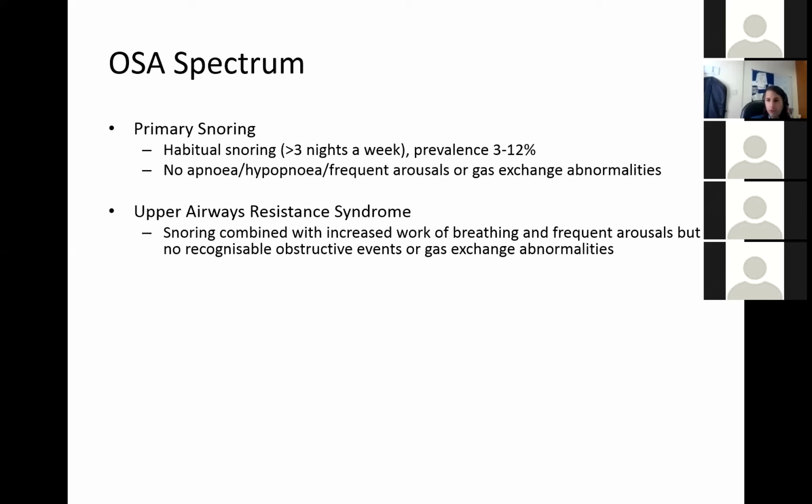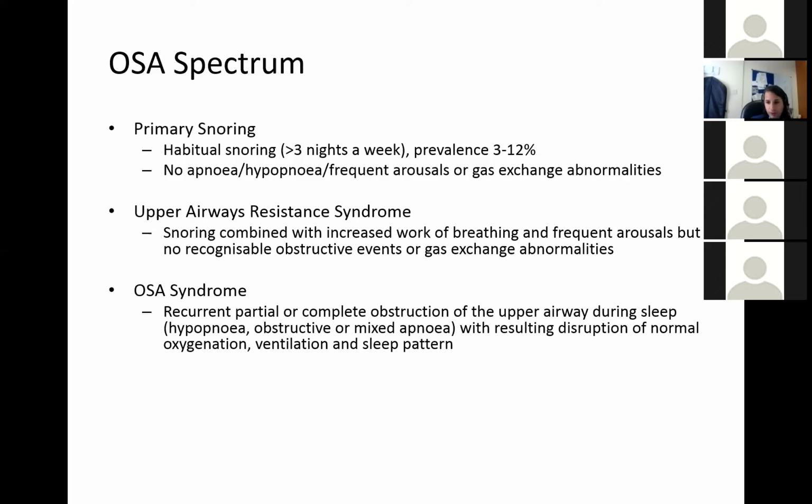So they snore, but they also have increased work of breathing and may wake up more at night, but not really have obstructive events or gas exchange problems. This is a very interesting group. It's not clear whether we should or should not be doing interventions on these children, but there is some emerging research that suggests even these children may well have cognitive impairments because they are being more aroused at night time, hence their sleep is being disturbed, and hence their performance at school may be being impacted. So this is an emerging cohort which we need to know more about.